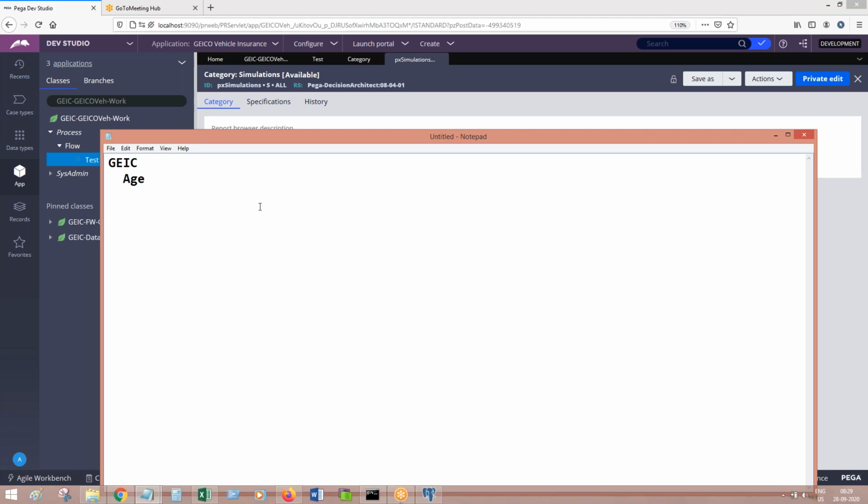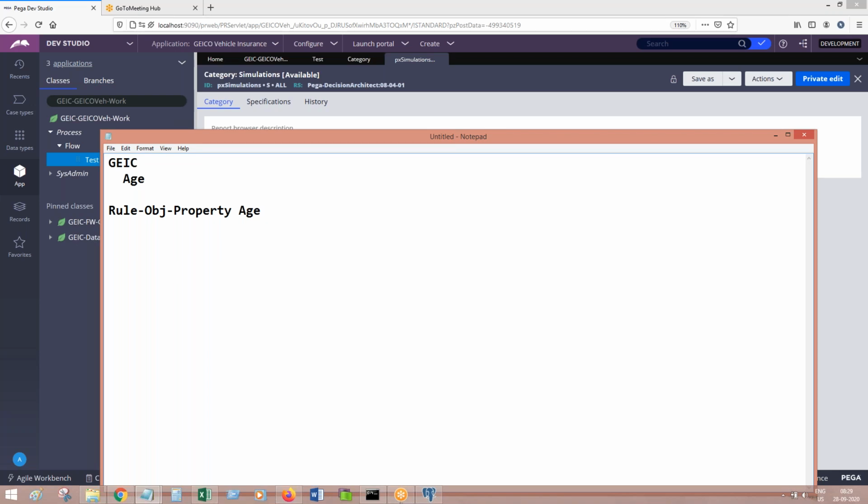GIC space age. What is GIC here? Is it the instance class of the property? What is the instance class of a property? It's the organization OBJ property, Rule OBJ property. Why are you saying GIC? Rule OBJ property, property space class key. I told you class key itself is the name of the rule. So what is going to come next?